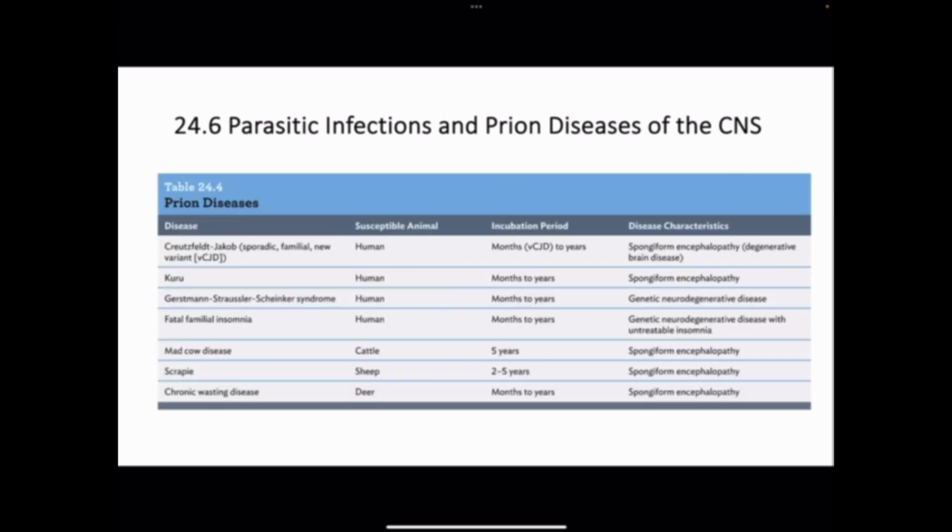The table shown is a list of prion diseases that we are aware of. The two most common prion diseases that we see are also shown in this chart. They are Creutzfeldt-Jakob, shortened as CJD, and bovine spongiform encephalopathy, or BSE, which is more commonly known as mad cow disease. With CJD, symptoms begin to show around age 60, and usually 90% of patients with CJD die within a